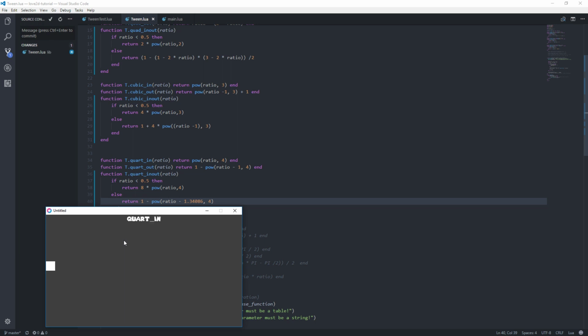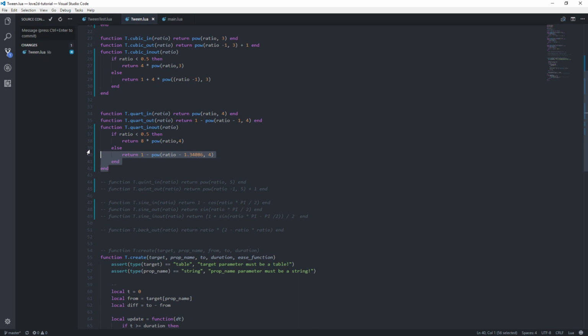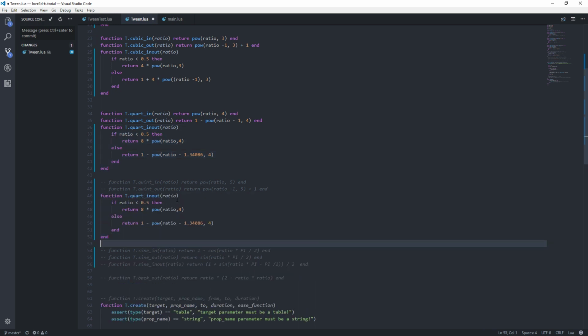All right, let's go to quart in and out, the quad. You can see it swipes in and out a little bit faster in that middle piece. Like I said, we're going to fix that, and I may fix that in the next session, and then we'll go on to something different. But we're just going to get these in and outs in the tweens, and then we'll move on to something else, so that we don't spend too much time here working on mathematical stuff,